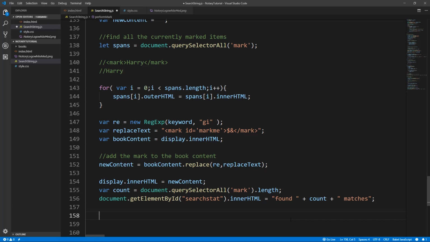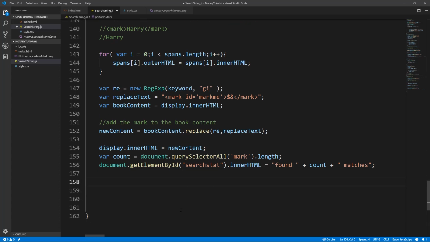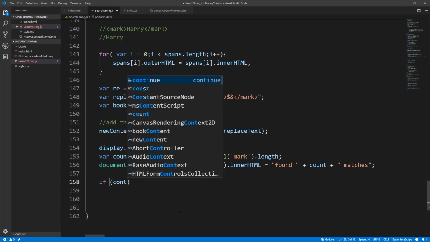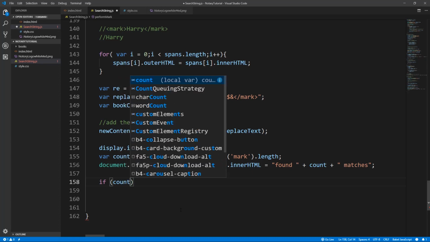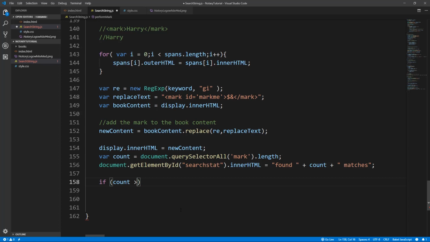Pretty cool. So now we have it. The last thing that I want to do is scroll to the top. I want to scroll to the first element that I found. So let's write an if statement, because we need to make sure that there's actually something to scroll to. If we didn't do this, it would throw an error if there were 0 matches. So if our count is greater than 0,